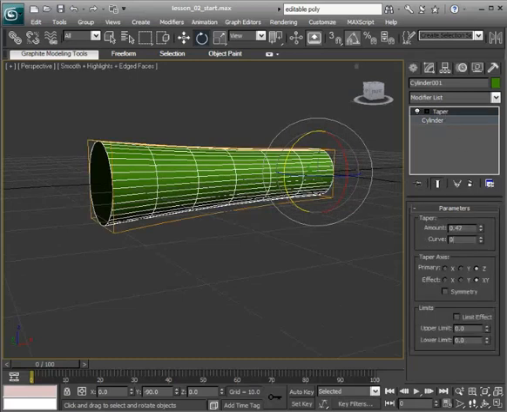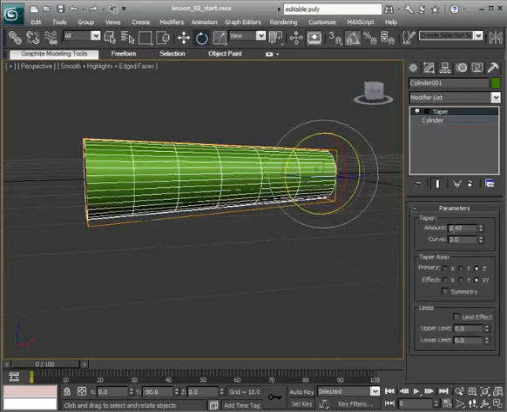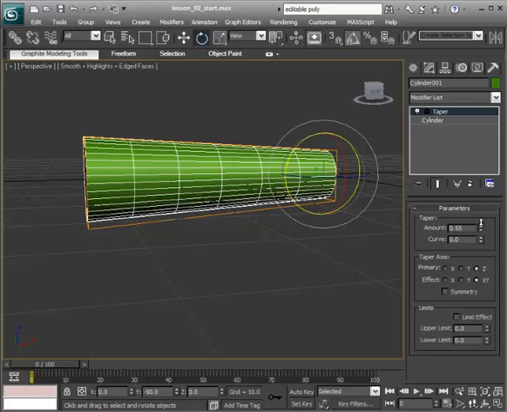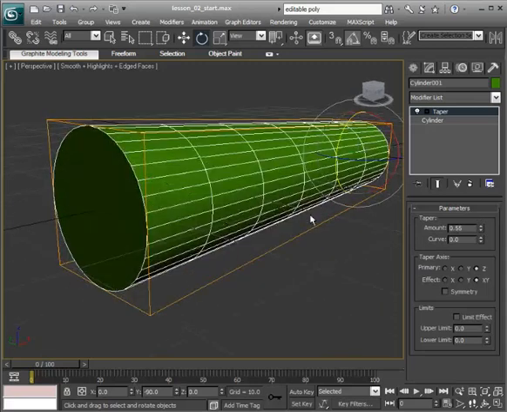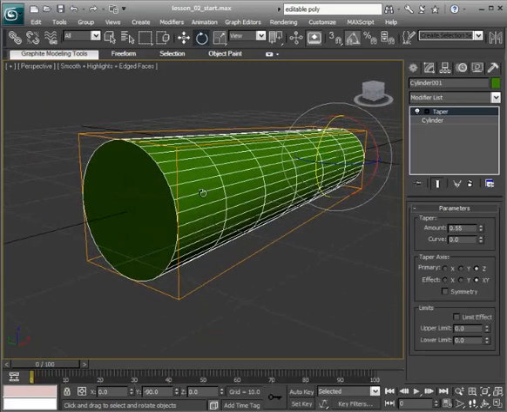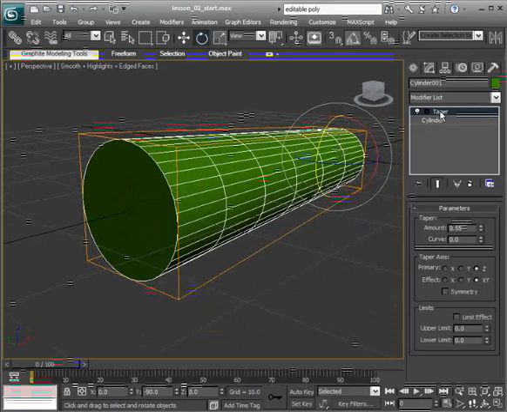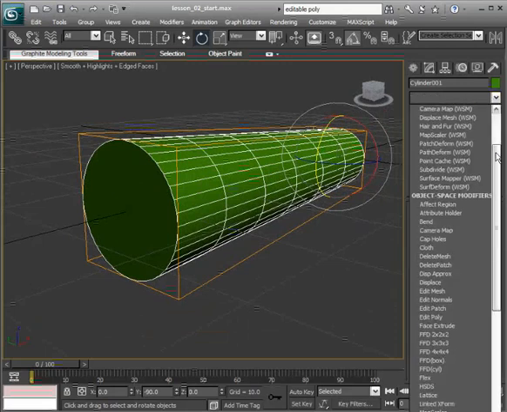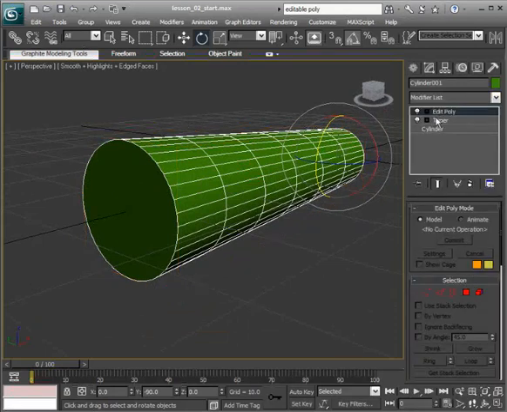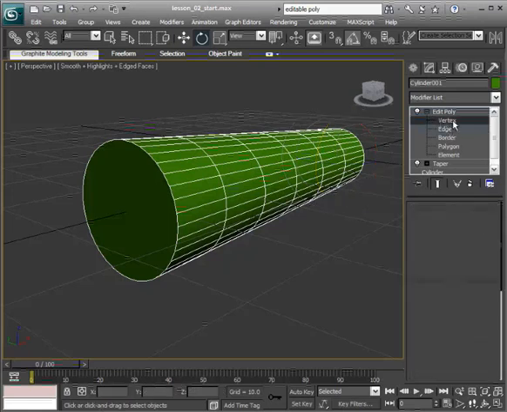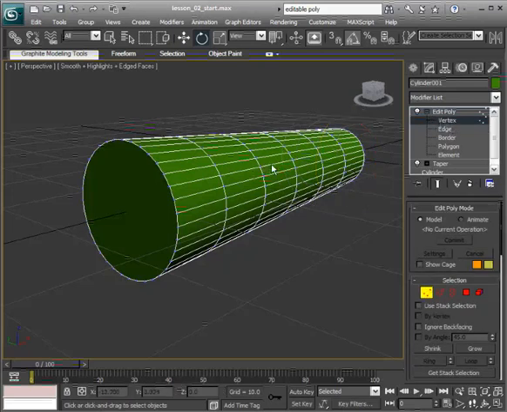Okay, I'm going to take my curve down to 0 and just modify this a little bit. Now at this point, we still cannot access any of the sub-objects of our cylinder. So what we can do is either add an edit poly modifier here, so going up here and adding another modifier